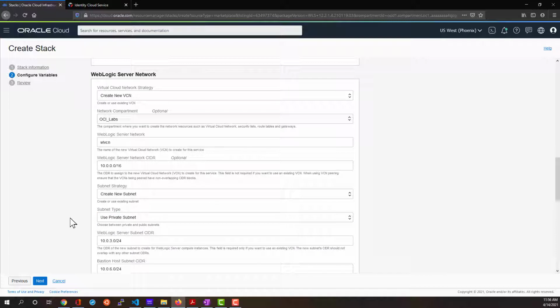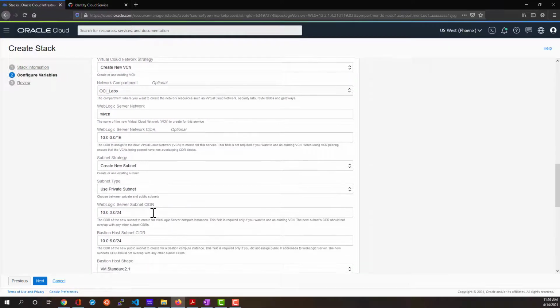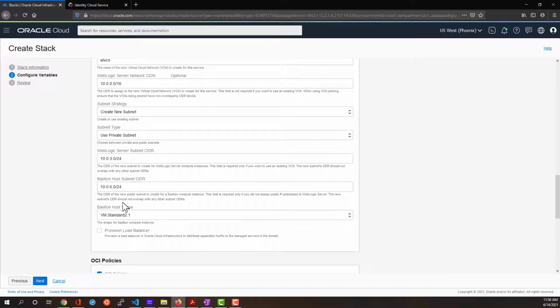So let's pretend for a moment that we're building a production environment. We don't want our WebLogic application server sitting directly on the internet, right? If you recall back to the network diagram I showed at the beginning of the demo, we're going to create our WebLogic servers in a private subnet, and then we'll put a public load balancer in front of them so that we can access them. You can leave all the CIDR ranges alone, and then under Bastion host shape, you can leave the default shape,